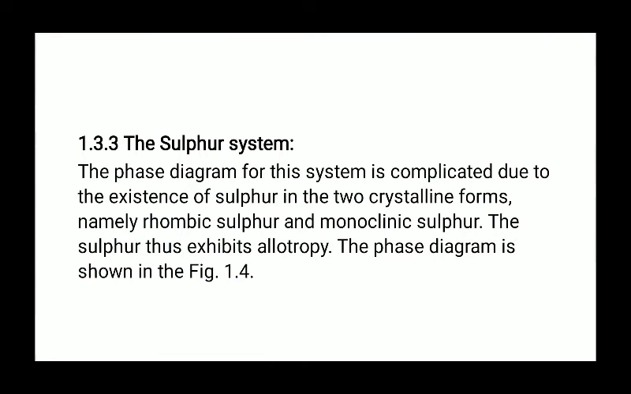In the previous section, we have seen the phase diagram for water and carbon dioxide. Today we shall discuss the phase diagram of the sulfur system. The phase diagram of this system is complicated due to the existence of sulfur in two crystalline forms, namely rhombic sulfur and monoclinic sulfur. The sulfur thus exhibits allotropy. The phase diagram is shown in